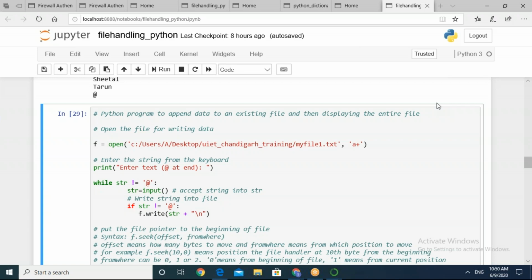So how many you have done? So I hope you have added the newer data into it and it is showing you the updated version of the file. Very good. So do one more change into it now.